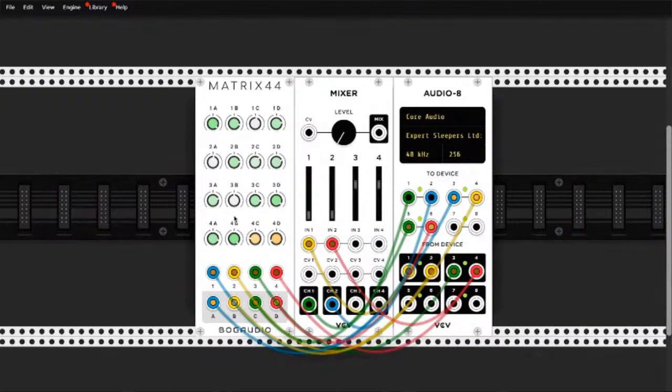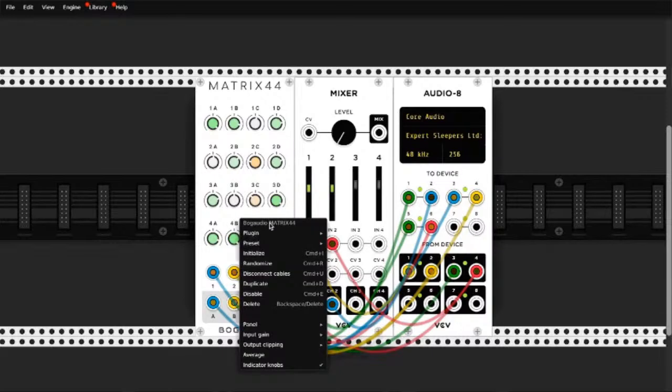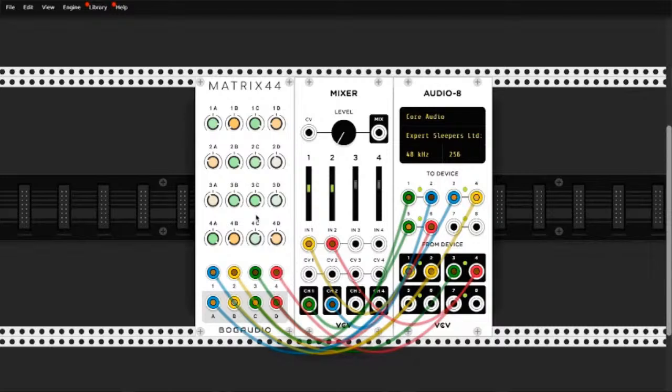and I'm using the 4x4 matrix mixer in VCV Rack as a way of dynamically rerouting and balancing all of the various modulation sources to their destinations. So over here in VCV Rack, I can either manually adjust all of these attenuverters in order to balance which of these 4 inputs are going to which outputs and how much influence they have over them, or I can right click and hit randomize or Command R in order to randomize all of the attenuverters on this module all at once.